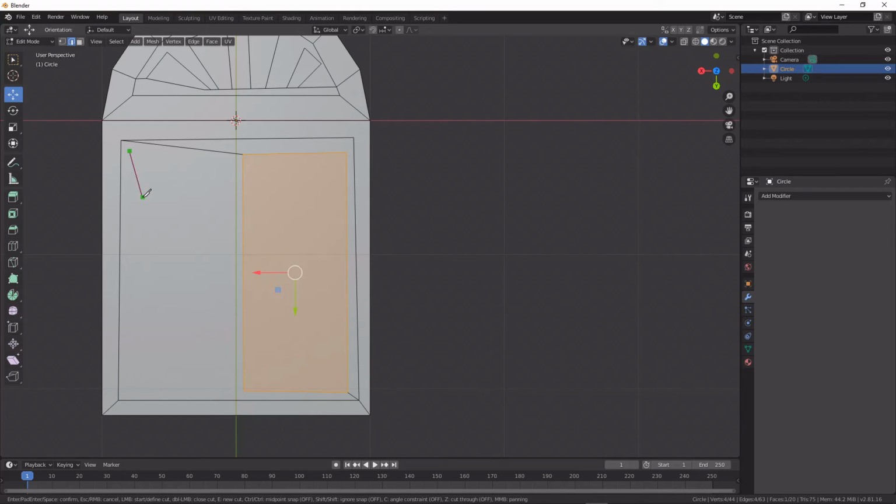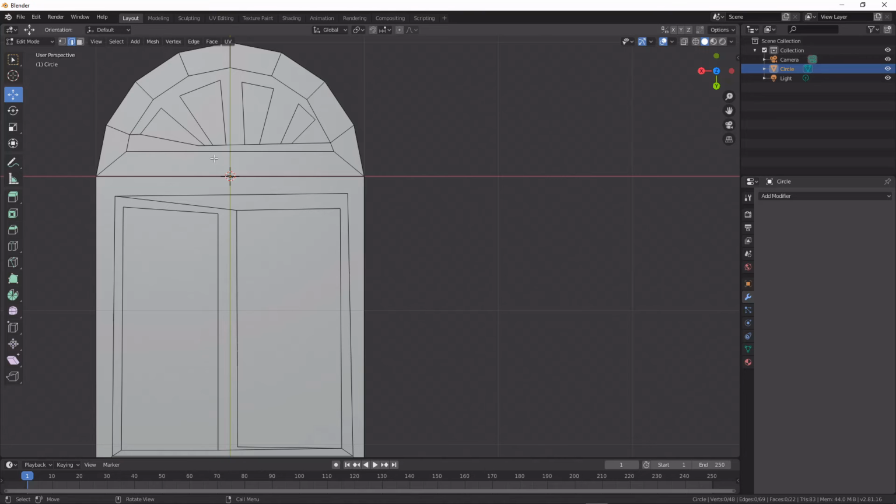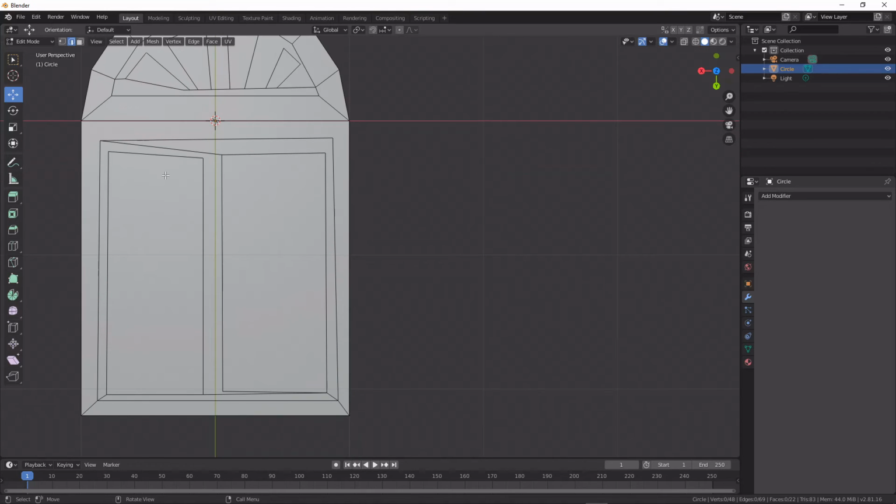Probably not the best to use it on a shape like the ones I am right now, because it could lead to quite a lot of intersections. Insets would be better for what I'm doing here, but I'm just working on an example. This here is one of the big drawbacks of using the knife tool a lot for